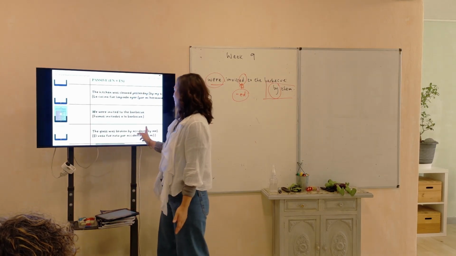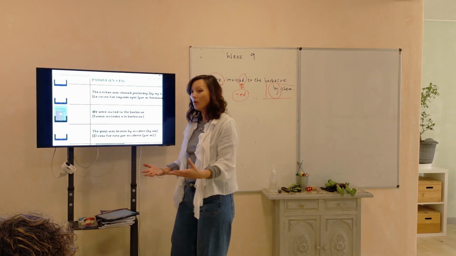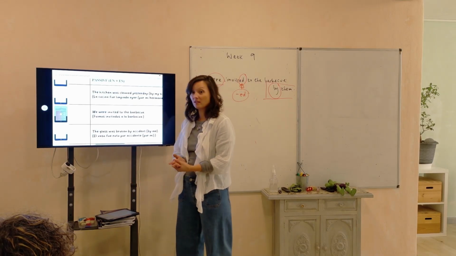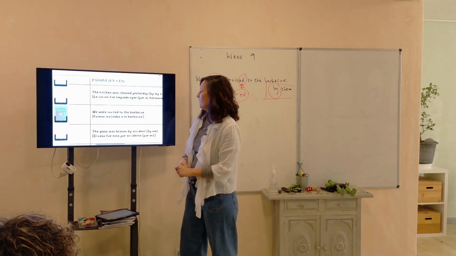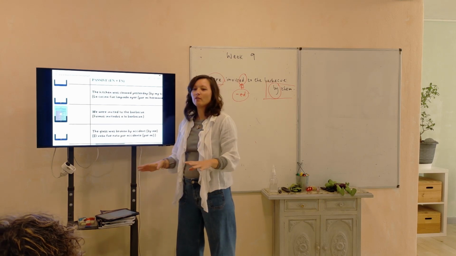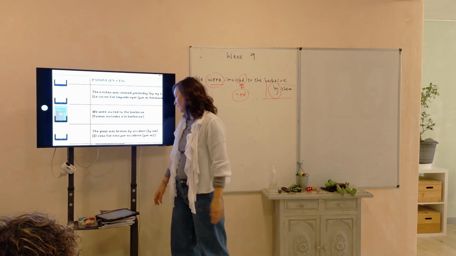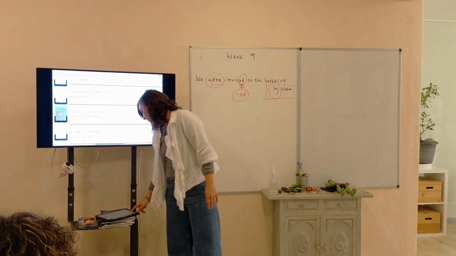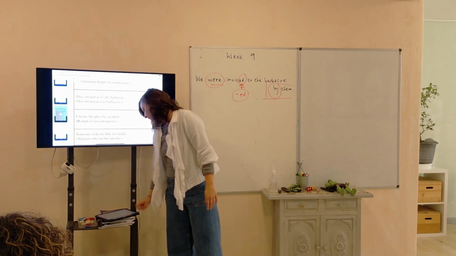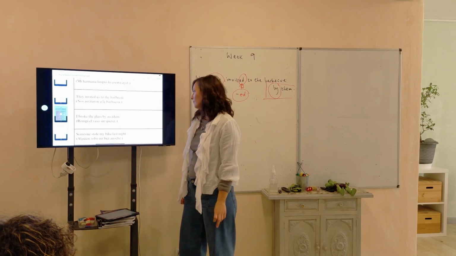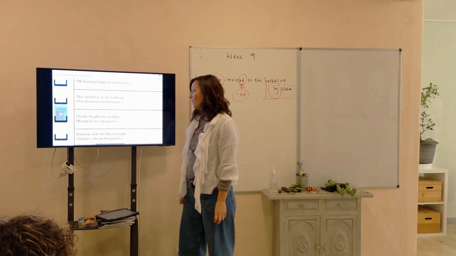What I've done is I put by me in brackets because it almost seems irrelevant to say it. It almost seems like it's not important. Or maybe it's just obvious. The glass was broken by accident. And we are not confessing who broke it. It was broken. Okay, so here we have our irregular past participle. Next. My bike was stolen last night.